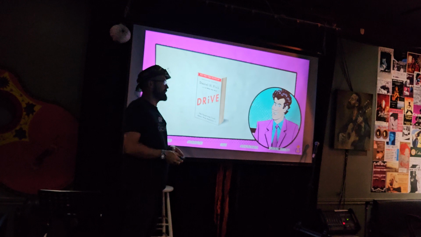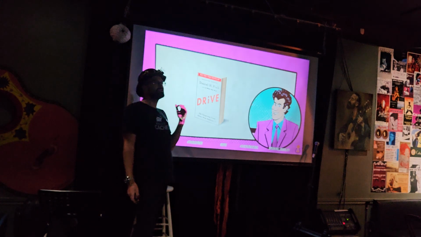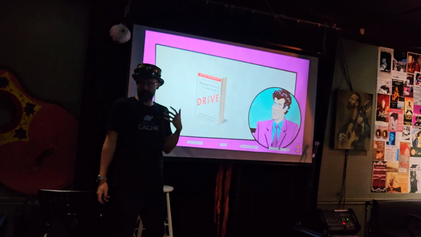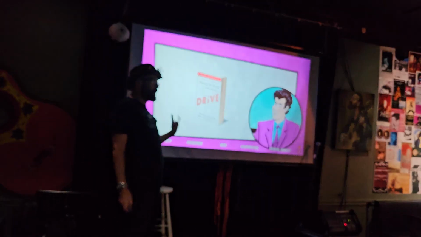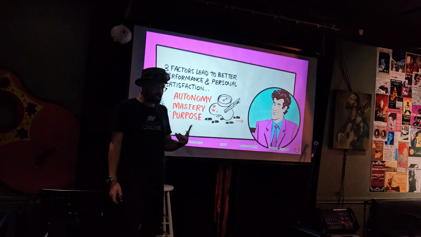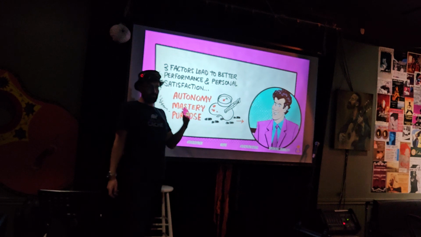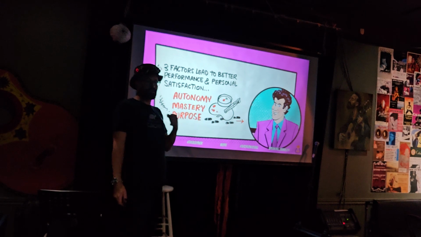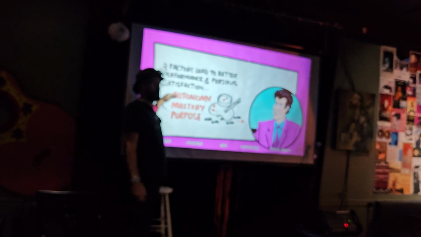And then it turns out that when we take money off the table, we have enough money for our lives, actually other things can kick in. And the three things that kick in are autonomy, mastery, purpose. Now, I want each and every one of you to think for a second how those three things work. Autonomy, I can work by myself, I'm not micromanaged.